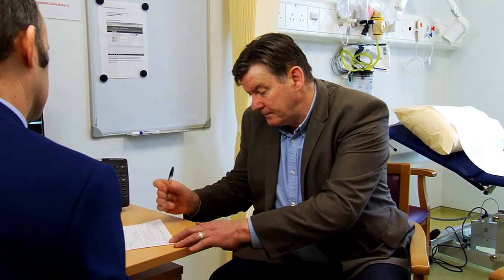Each patient is given personalised preparation advice before their treatment. Jerry, are there any questions you want to ask me about the side effects of treatment before you sign your consent form? Following the consultation with Dr. Stewart, radiographer Lois McGinley explains the preparation and possible side effects again. It's also part of the treatment that is meant to increase the antibody